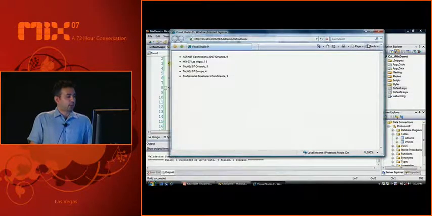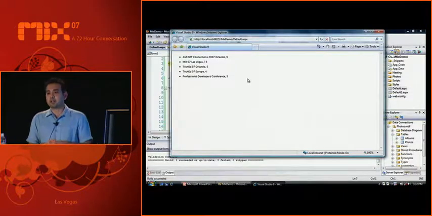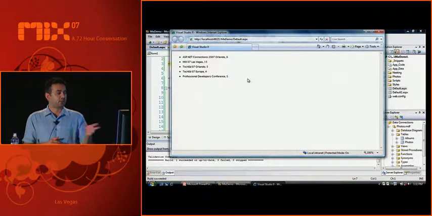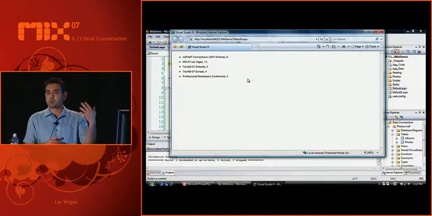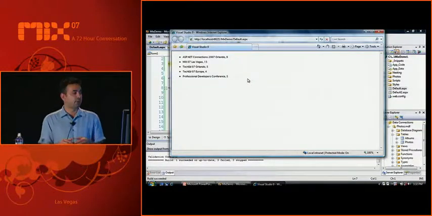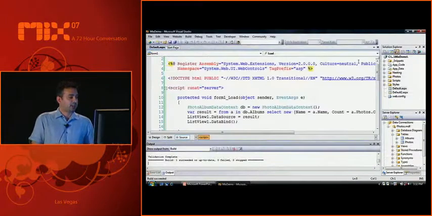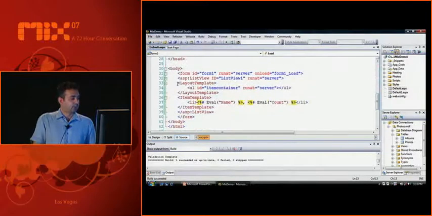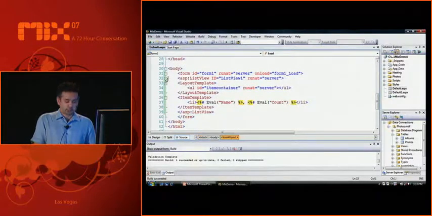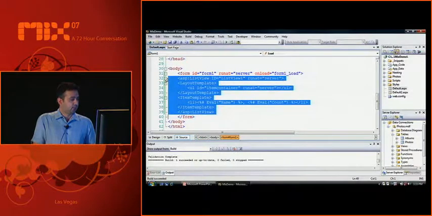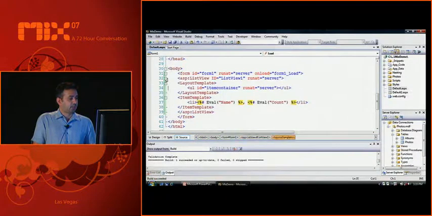Let's say we want to take this and do something a little bit more fancy. We want to show some of the hierarchical data inside of the list view. So we don't just want to show a list of photo albums. We want to show the photo albums, and then nest the photos underneath each photo album. The nice thing about the list view is I can actually nest it. So I can take the list view that I have here, we'll just cut out the whole thing, and we'll copy it. And inside my item template, I'm going to nest